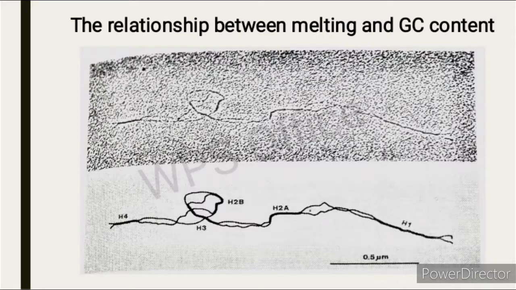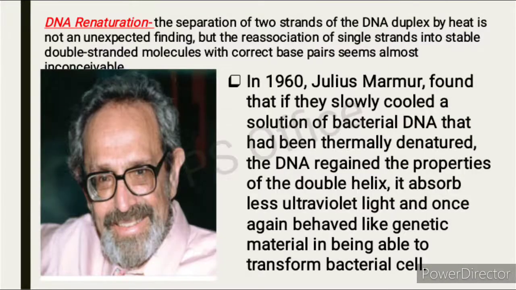That is an electron micrograph showing a segment of sea urchin DNA containing the genes for the 5 types of histone molecules. Those regions of DNA that undergo strand separation under the conditions employed are seen as thinner single-strand segments. These regions correspond to segments rich in about 80 base pairs that lie between the DNA segments that code for the histone proteins. DNA denaturation, the separation of the two strands of the DNA duplex by heat, is not an unexpected finding, but the reassociation of the single strands into stable double-stranded molecules with correct base pairing seems almost